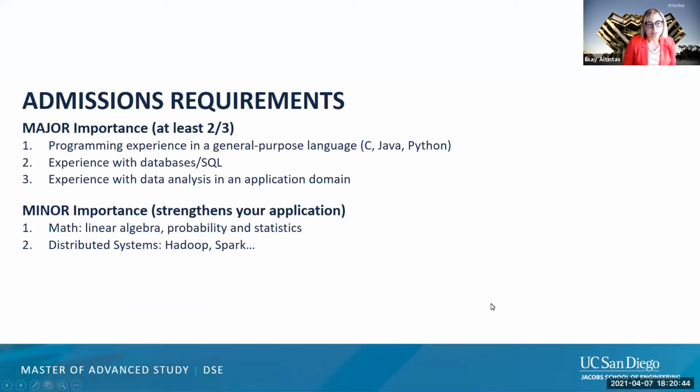Admission requirements are actually pretty similar to the other admission requirements. You're still expected to submit your recommendation letters and everything that you've seen listed in terms of your transcripts, your letters, your purpose statement. But how we really evaluate based on those is we look at 5 skills for the admission. Major ones that we look at are